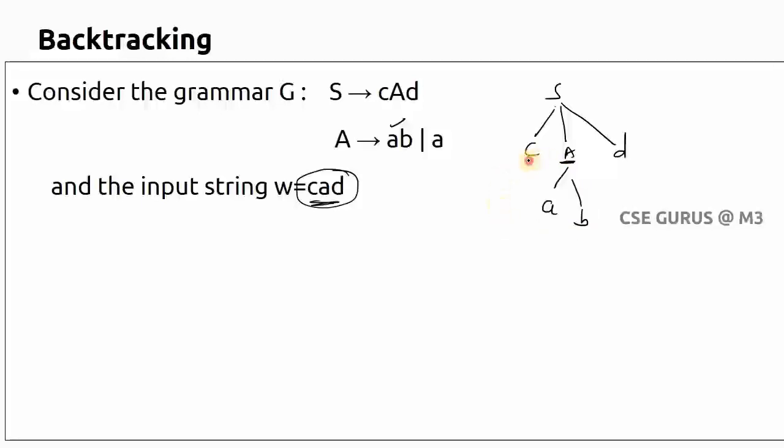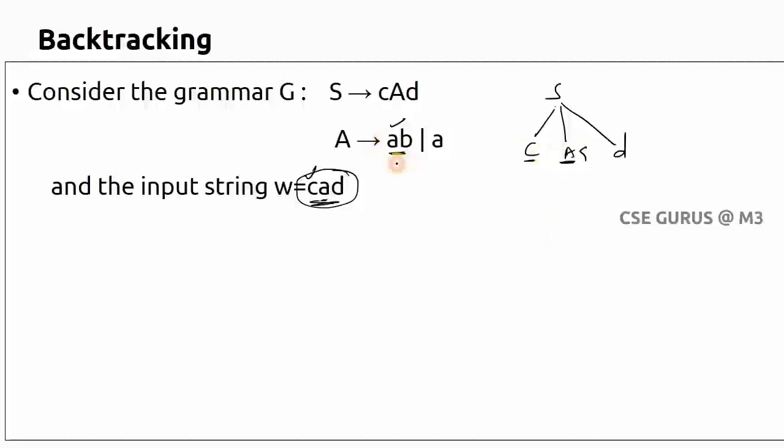Now you can see the first input is matching. For the second input, A is the symbol you are getting, but the next input is D, but here you are getting B. So that's why you feel this answer is not correct. That means substituting A tends to AB in this step is not correct. That's why you are going back. Like this you are going back. Now what are you doing? Now you are checking for the alternative. What is the alternative?